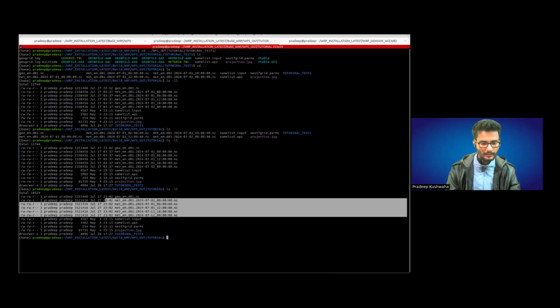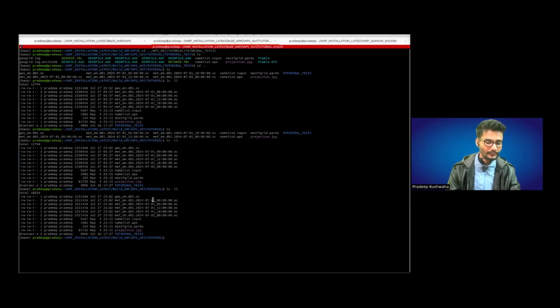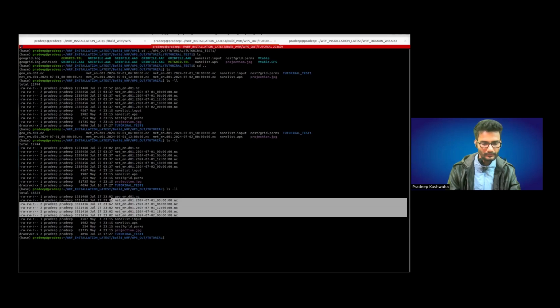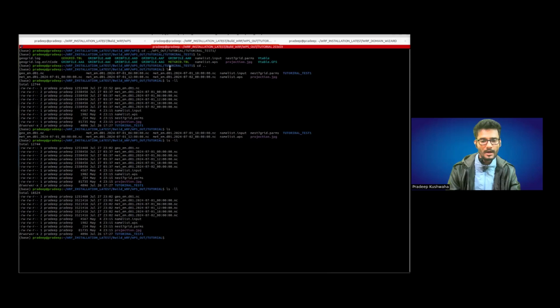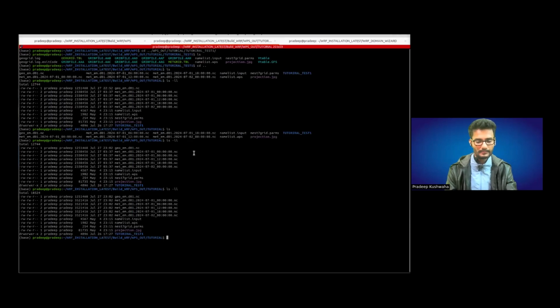We are running it for just 24 hours, so we are just creating files for 24 hours. Now what we have to do is start learning how to run WRF. So this is up to WPS. Now the task is to